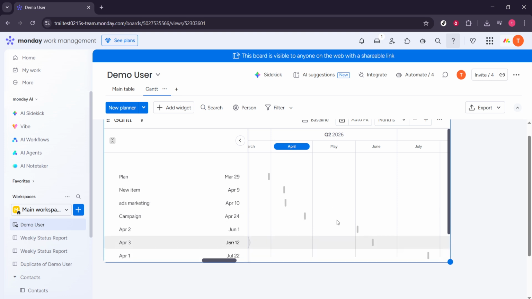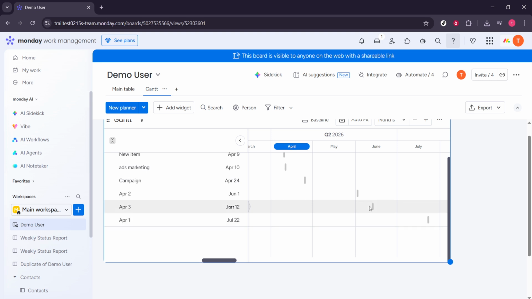That's all it takes. Open your board, add a new view, and select Gantt. You now have a clear project timeline that's easy to share, review in meetings,